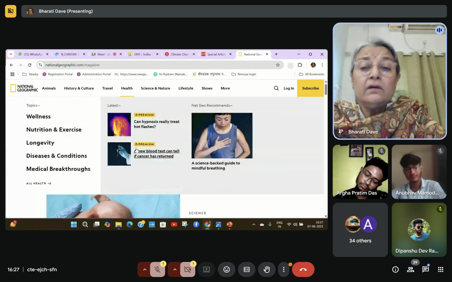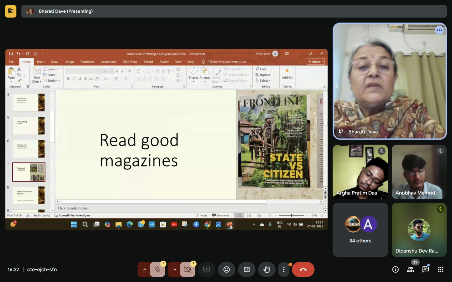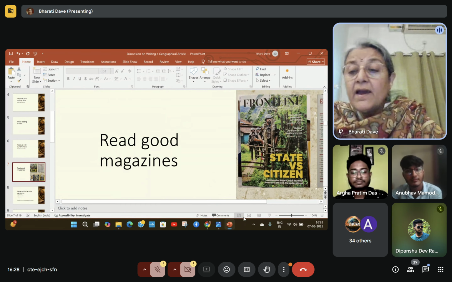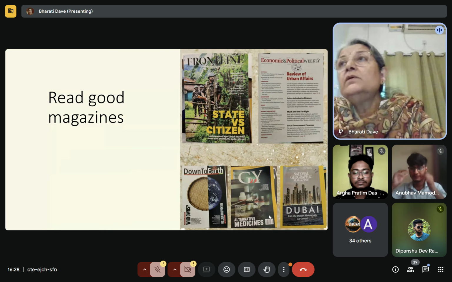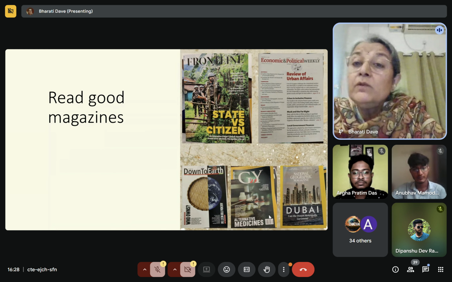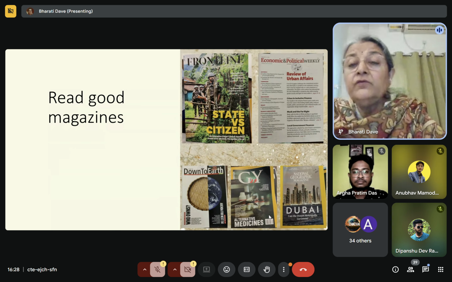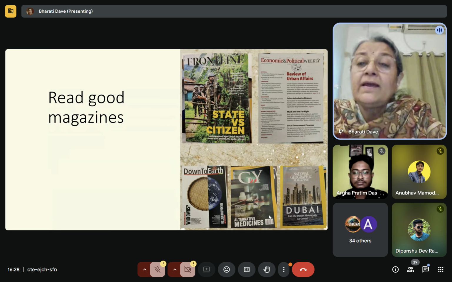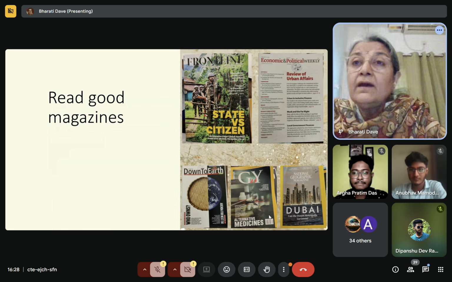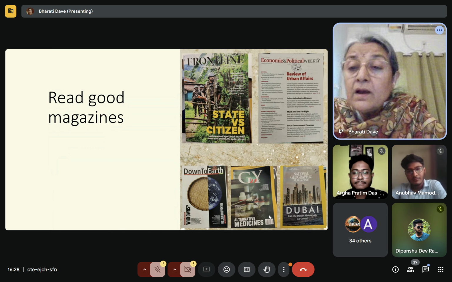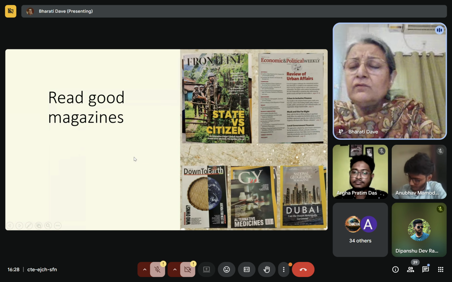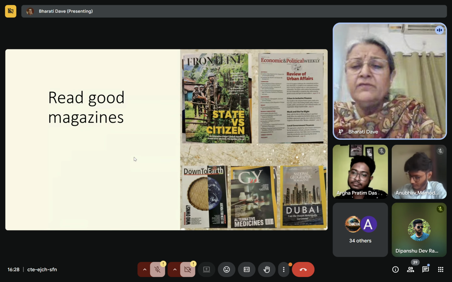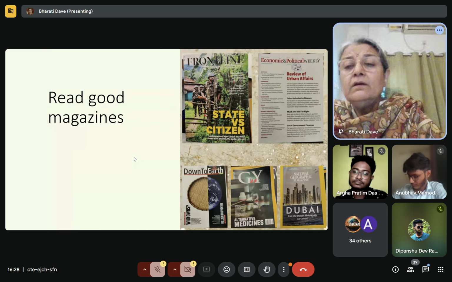So when you are going back to what we were doing, that you read good magazines. And another way of reading them or going through the kind of information, maybe you can also use them as your source, that if you're writing upon suppose climate change, who else has done work on climate change, what other articles have come out, and they can become your source for what you're writing. So go on their websites wherever you can, subscribe if it is nominal and if it is of use for you, do that. Okay.